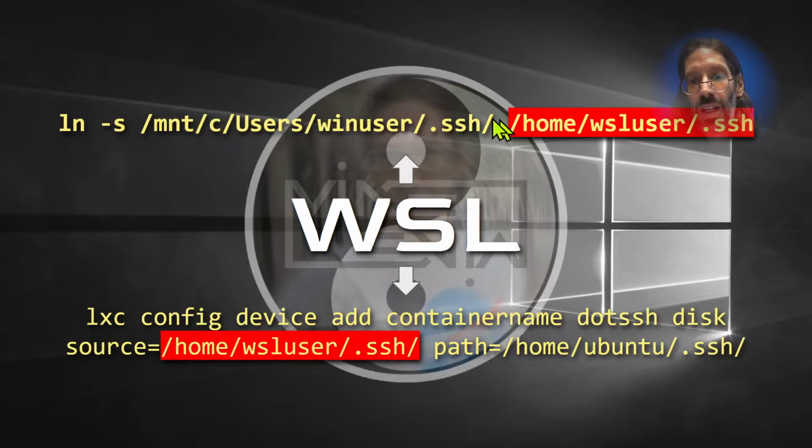You're essentially taking a location which has a Windows home and a WSL home, and then you map it from the WSL home to a container home, right? No problem. You've got to wrap your mind around this, but you're basically using the Windows Subsystem for Linux as sort of a mapping bridge between two different locations, all right?